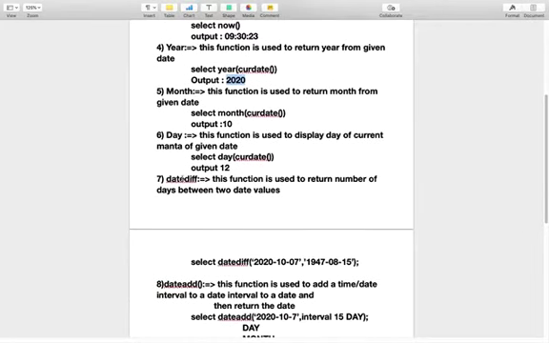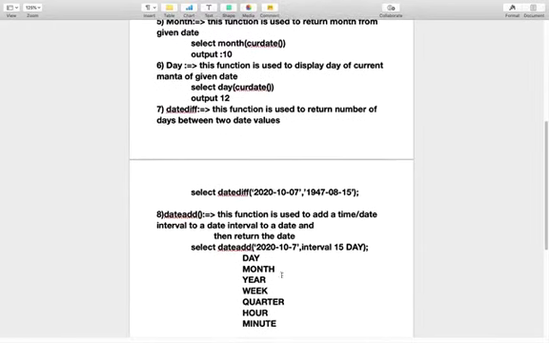Now our next important function is datediff. This function is used to return the number of days between two date values. So if I enter today's date and the date India became free, 15 August 1947, it will give the difference of these two dates in terms of days. So how can we do this?